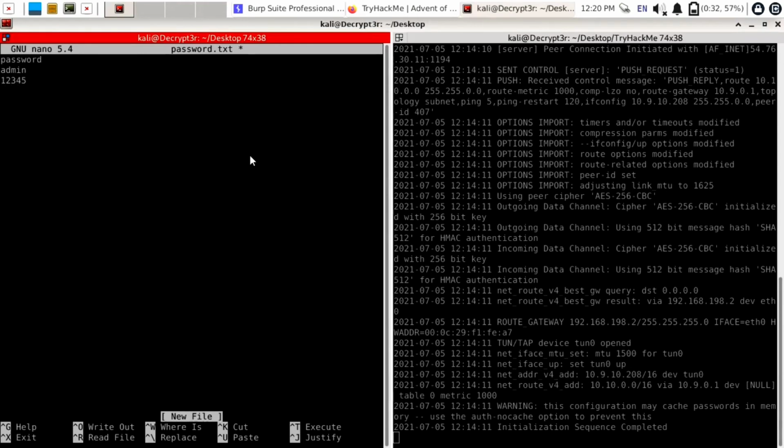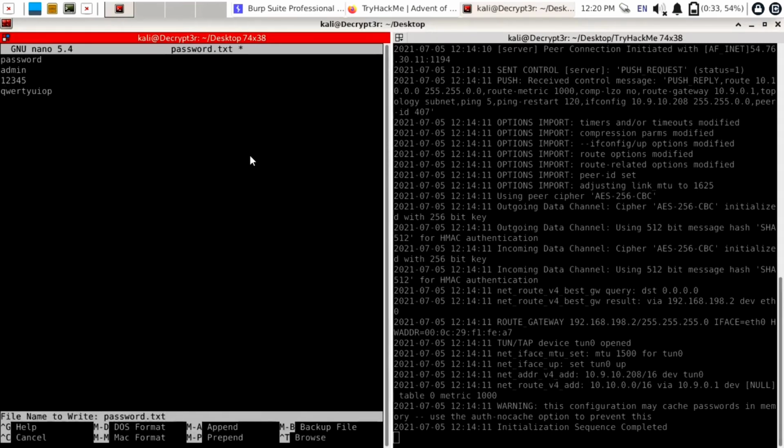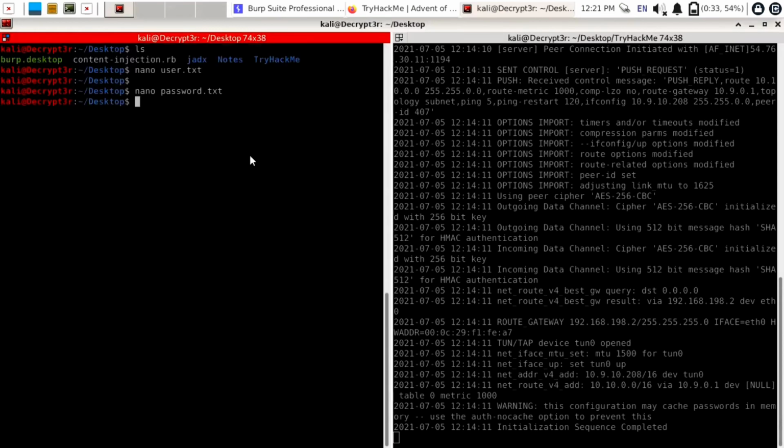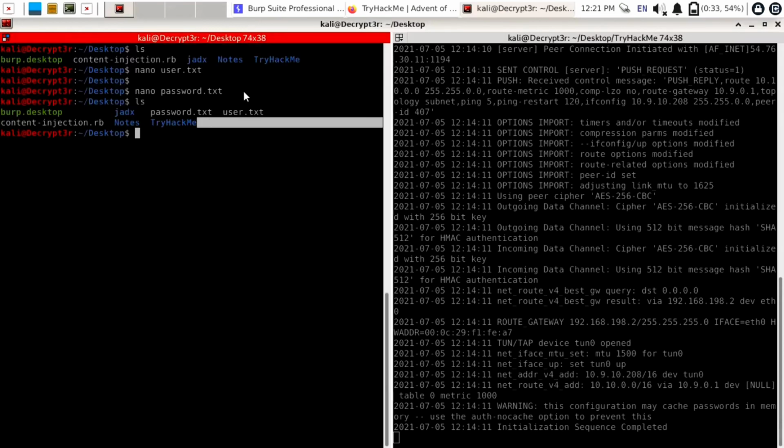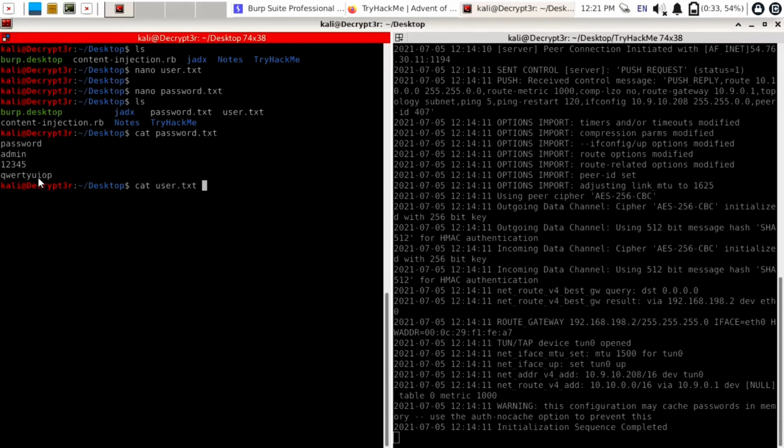So like this you can just use default credentials or use any dictionary file, but those dictionaries will take some time. So I'm just using simple username as well as password. You can save this by Ctrl O, exit from this by Ctrl X. Now use ls. So here is our user.txt as well as password.txt. If you want to display its content, you can use cat password.txt. So here is our password list, then cat user.txt. So it will display the user list.